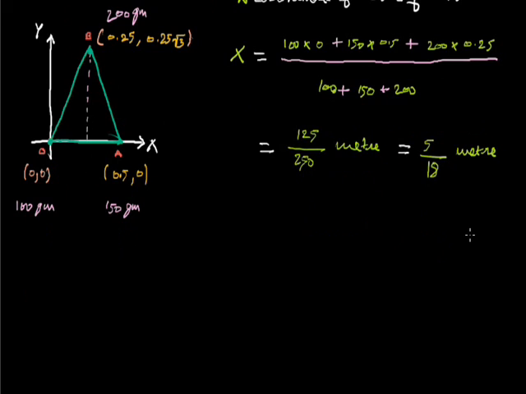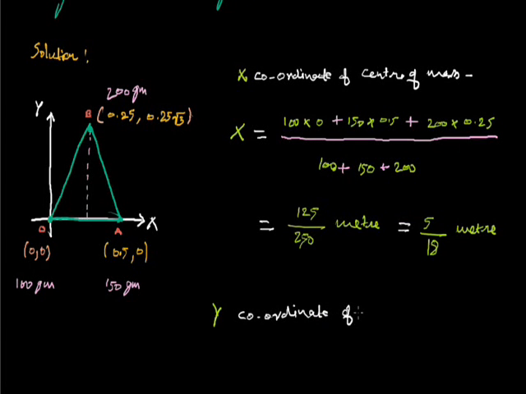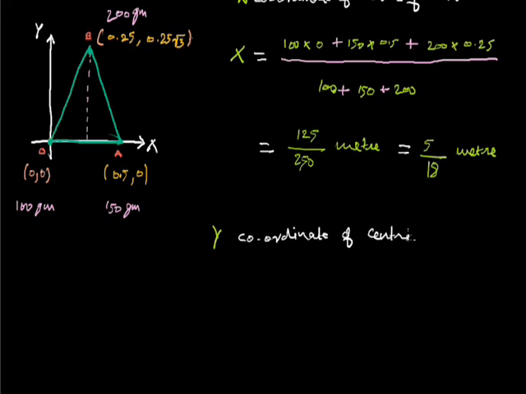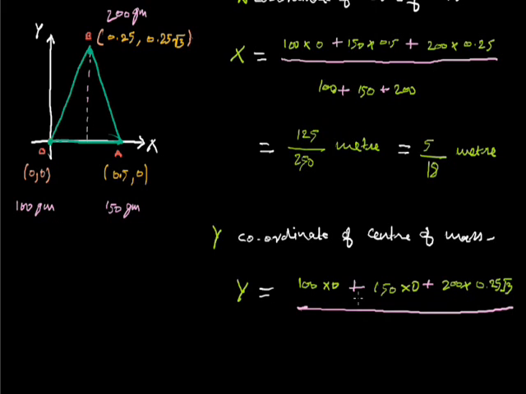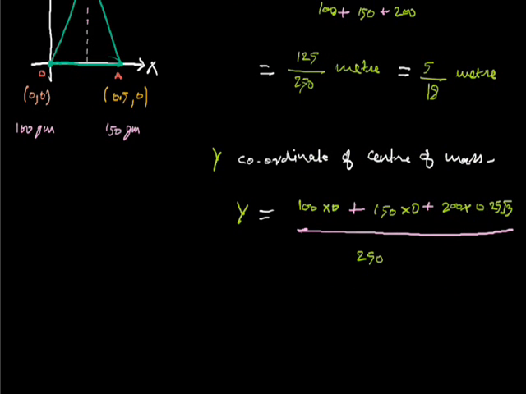Similarly, the y coordinate of the center of mass will be y equals 100 multiplied by 0 plus 150 multiplied by 0 plus 200 multiplied by 0.25 root 3, divided by the total mass, which we have already calculated in the x-axis coordinate, 250 gram. So here the value of y gives us